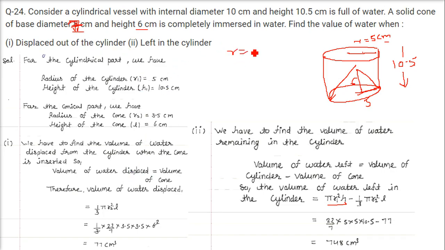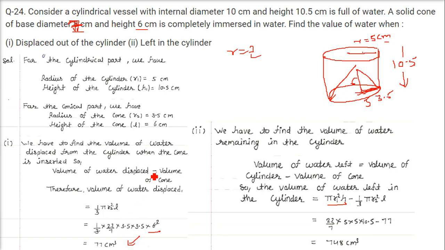Okay. So the radius will be 7 by 2. It is going to be 3.5. Radius of the cone will be 3.5. The height is given as 6. So 1 by 3 pi r square h: 1 by 3 into pi, 22 by 7, into 3.5 into 3.5 into 6. That is going to be 77 centimeter cube, and this is equal to the water being displaced out of